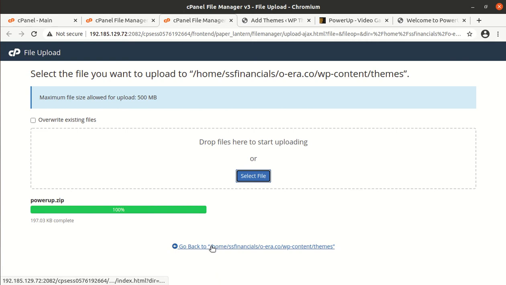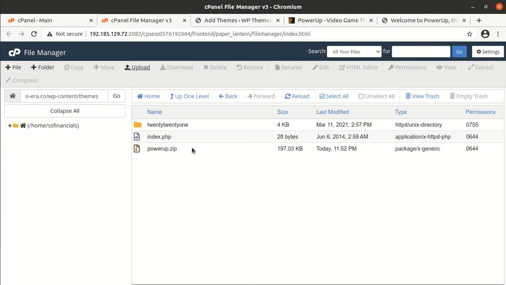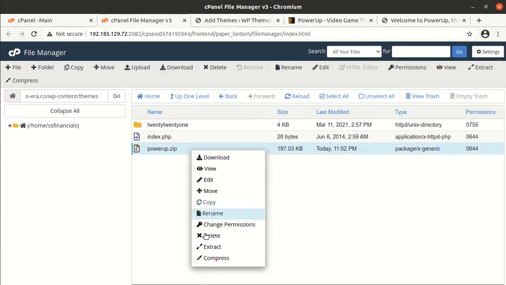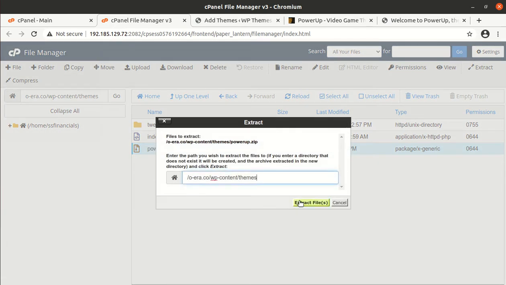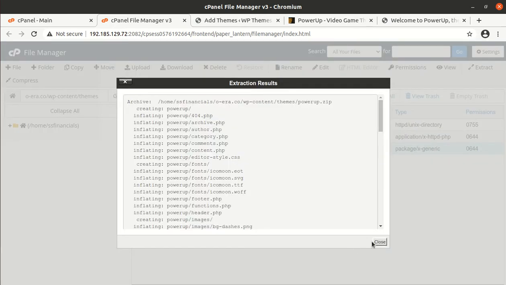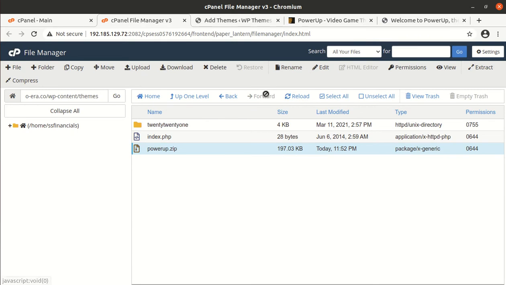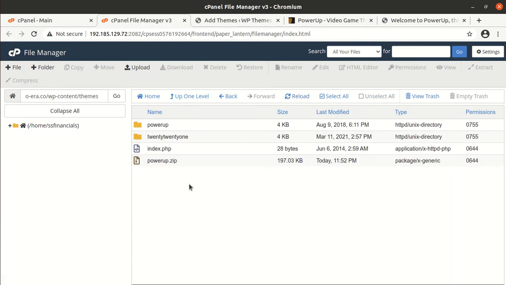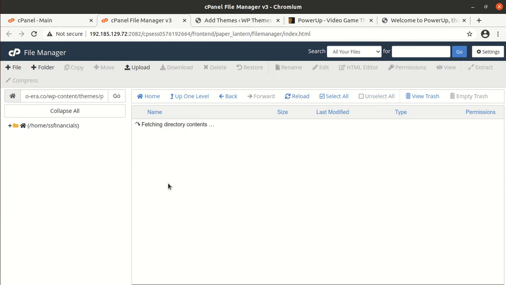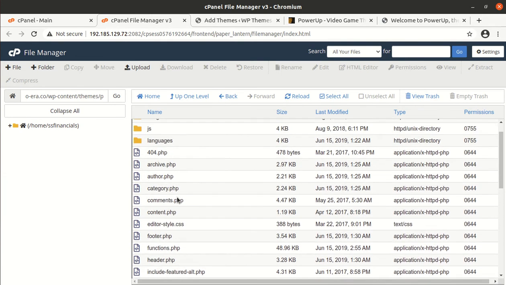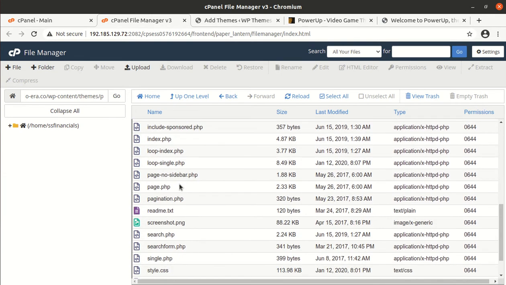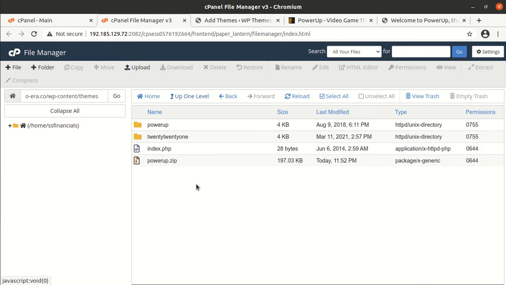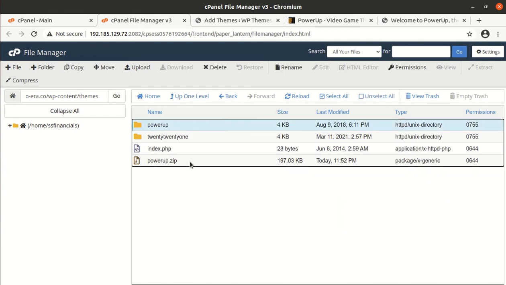So it is a very lightweight theme, of course, and once the upload is done, we can extract the uploaded file and reload, and here are the theme folders and files. All components of the theme are in this Power Up folder, and now we can delete the zip one.